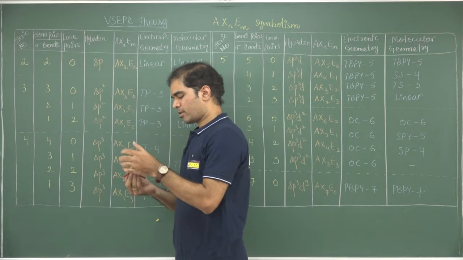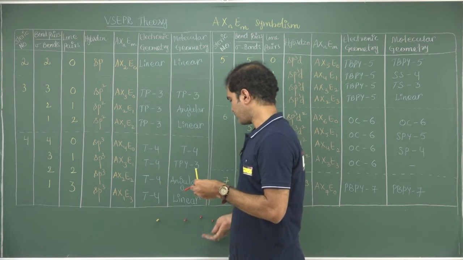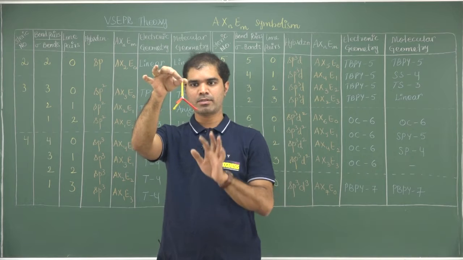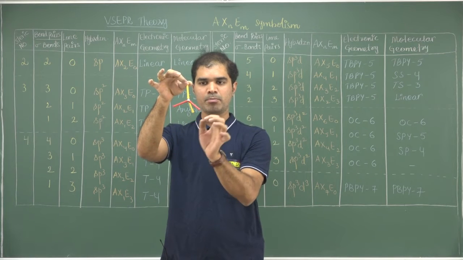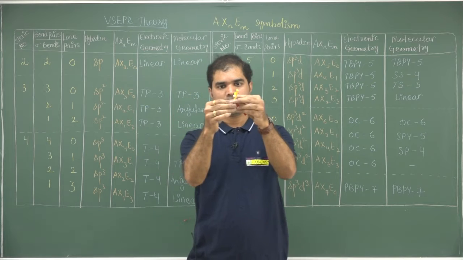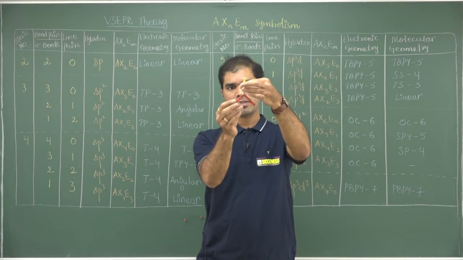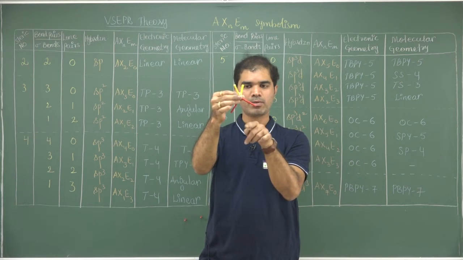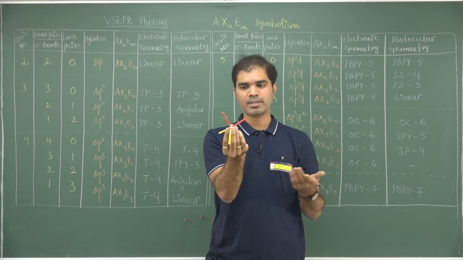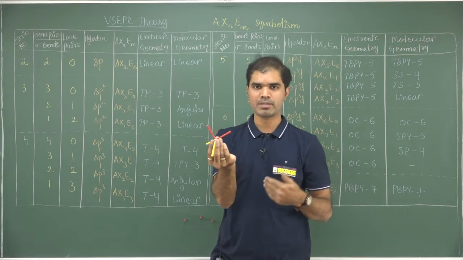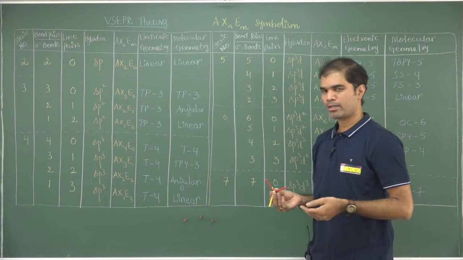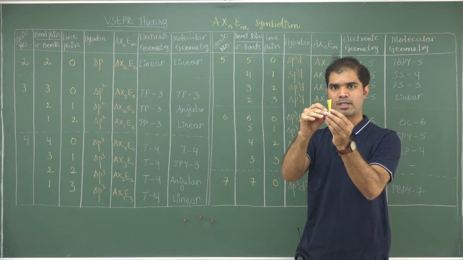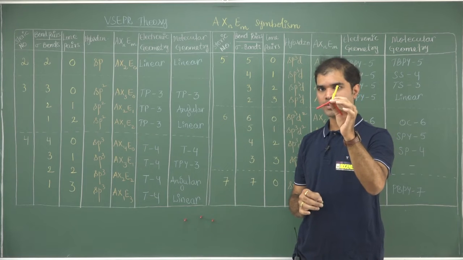In the next case, I am just increasing the number of lone pairs. Now I am taking 2 lone pairs. The geometry is still a tetrahedron. This is the electronic geometry, but when it comes to the molecular geometry, you forget about these 2 electron pairs, and when you look at the bond pairs, it looks like a bent or angular or V shape. A classical example is the water molecule. In the previous case, you can take ammonia as an example. For this, you can take water, H2O, where there are 2 bond pairs and 2 lone pairs, and it gives you a tetrahedral electronic geometry but an angular molecular geometry.